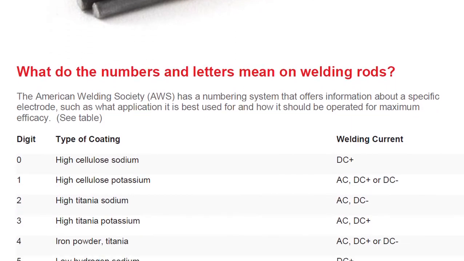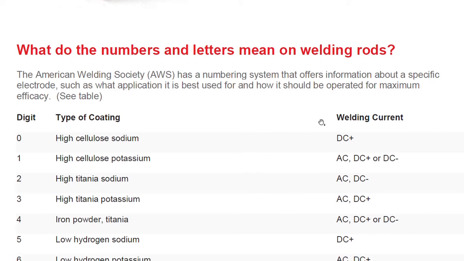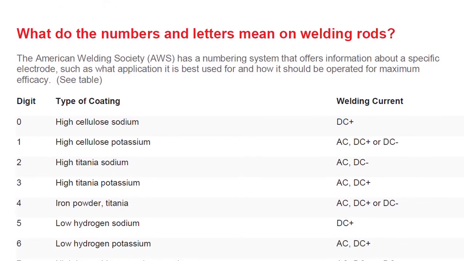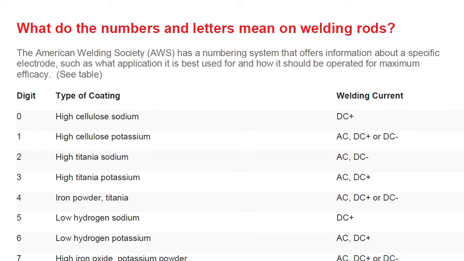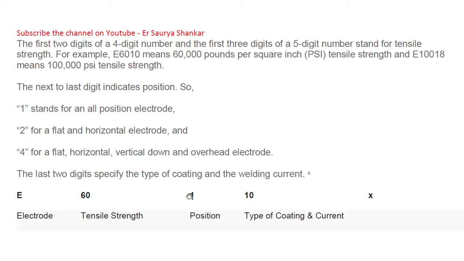It is done by the American Welding Society, that is AWS, which has a numbering system that offers information about a specific electrode, such as what application it is best used for and how it should be operated for maximum efficacy. Okay, first of all, you saw E60, that E indicates an electrode, that is, an arc welding electrode. Okay, so you see here